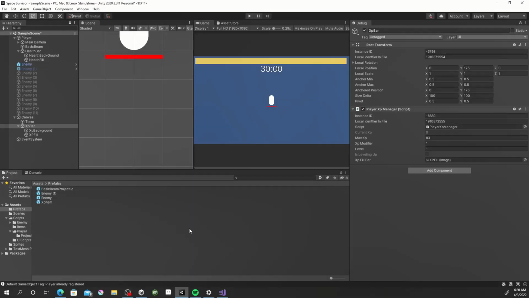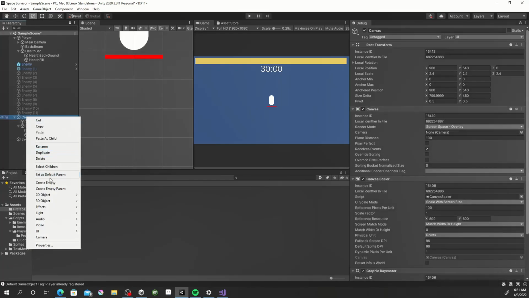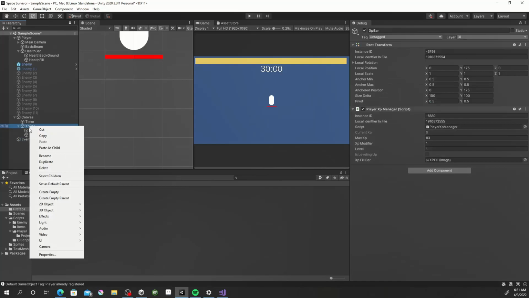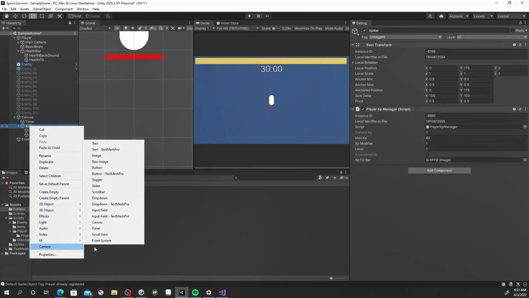Alright guys, so today we're going to be working on an XP system and a leveling system. So what I've done is I've created an XP bar, same thing that I did with the HP bar before. I created an empty object, so in our canvas, create empty. Then I added an image, UI, image,